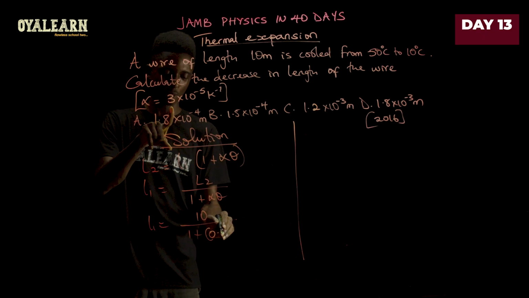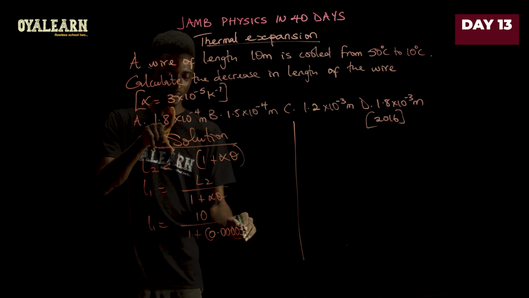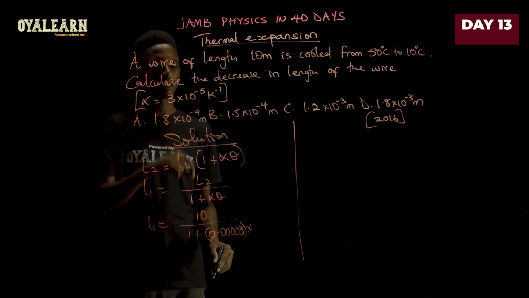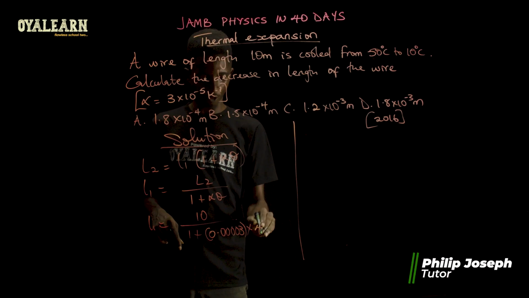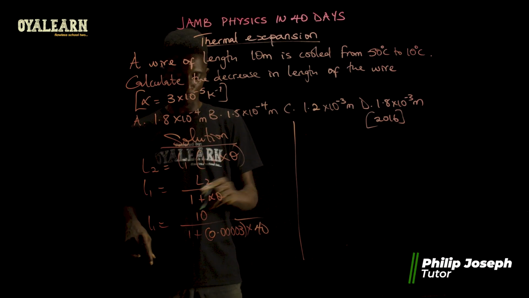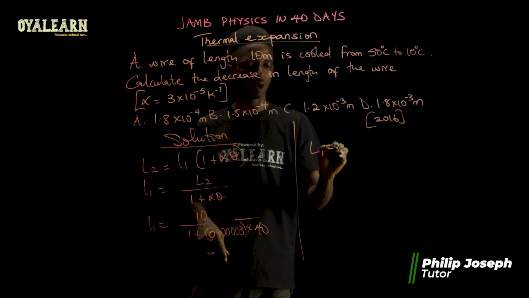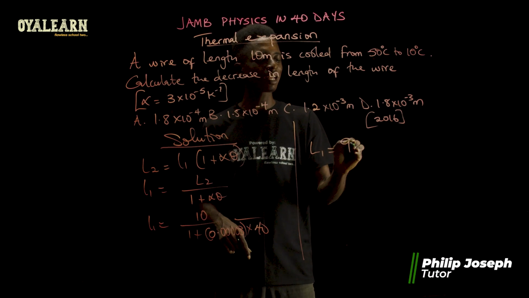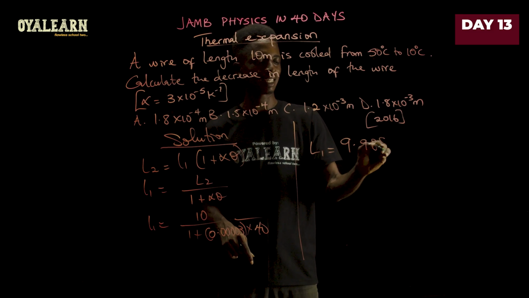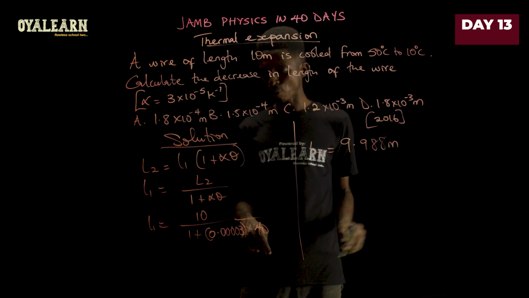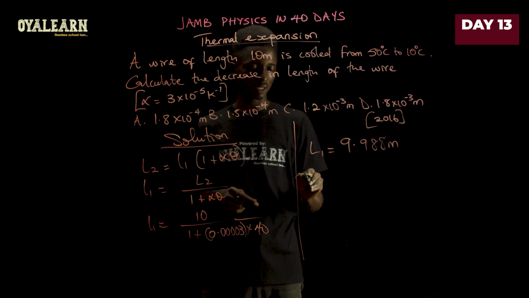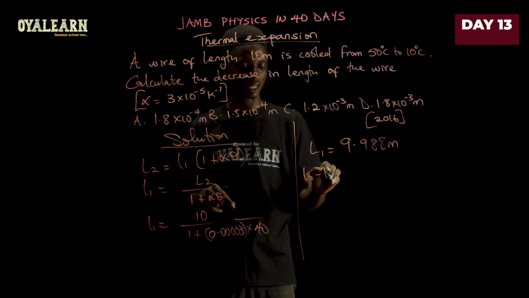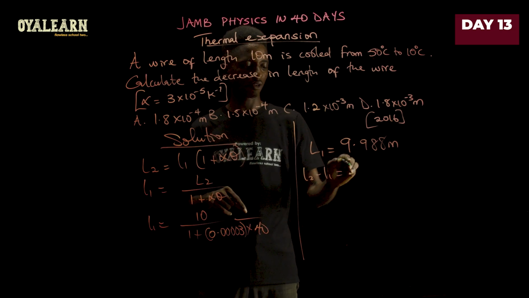We can write that as 0.00003 multiplied by the change in temperature, that is 40. Now, when you compute this, you will find that L1 would give you 9.988 meters approximately. So now the decrease in length would therefore be L2 minus L1, and that would give us